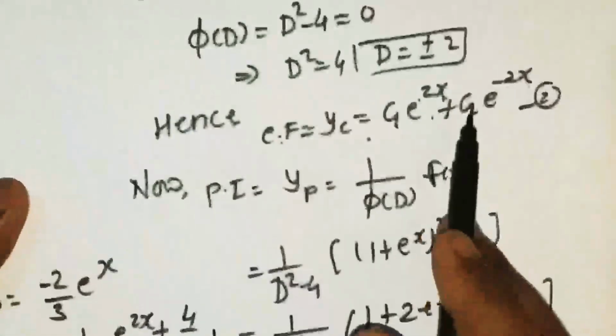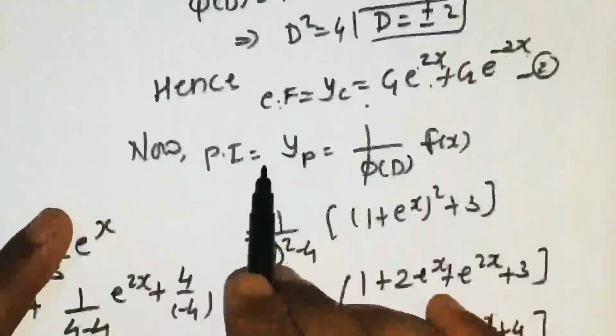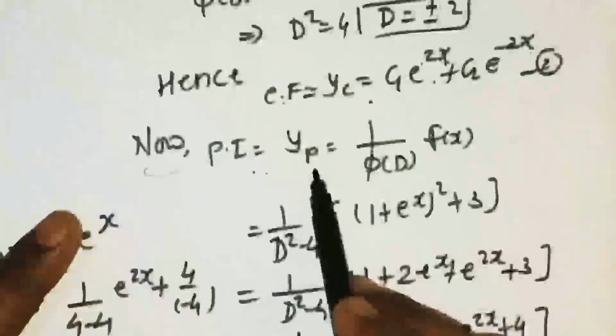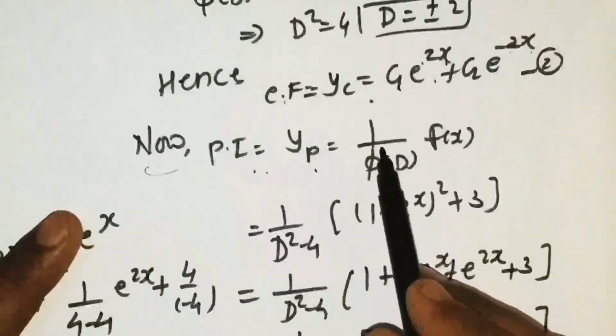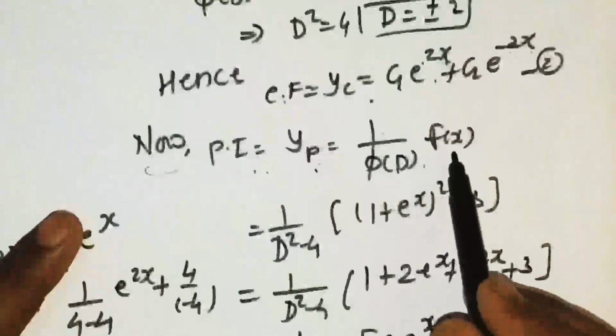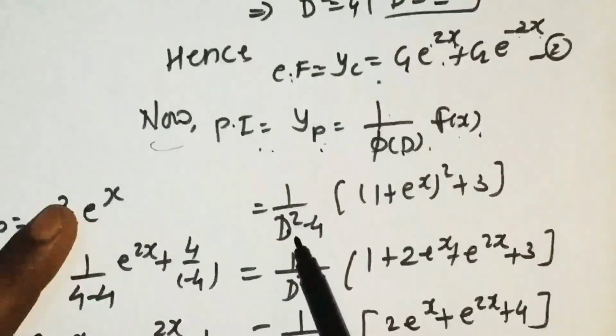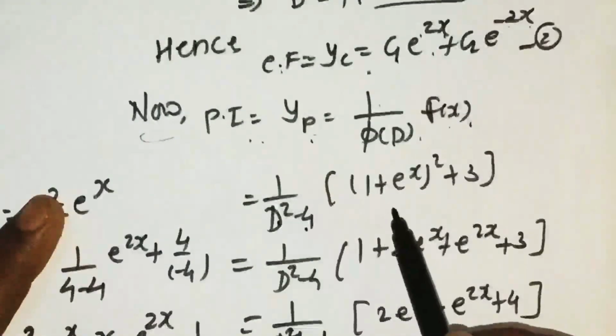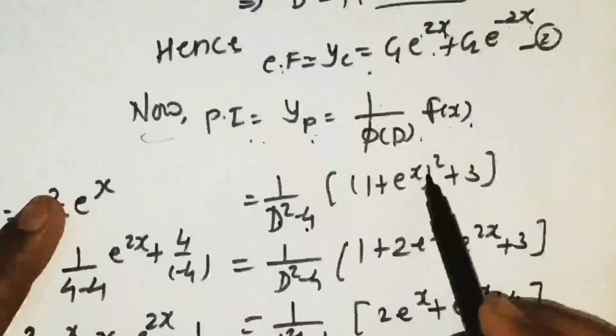Okay, so this is the CF. CF is finished. Now we are going to do the calculation for the particular integral. The definition is yp equals 1 by phi of D times f of x. Phi of D is D square minus 4 and f of x is (1 plus e raised to x) bracket